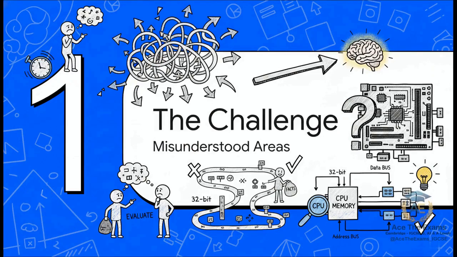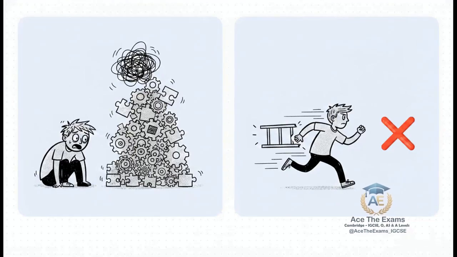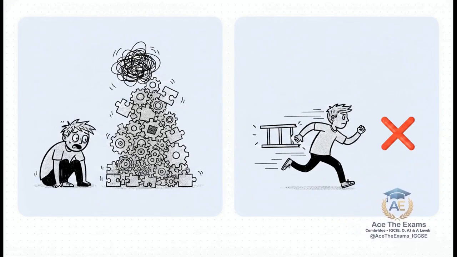Why do top students who study for hours and hours still lose marks? Let's explore why working harder doesn't always translate to working smarter in the exam hall. Now, what's really interesting about these two approaches is that it sets up the exact problem we see constantly. The assessment framework for Cambridge Computer Science prioritizes analytical depth over superficial breadth. Simply writing down everything you've ever memorized about a computer's architecture is a guaranteed way to just run out of